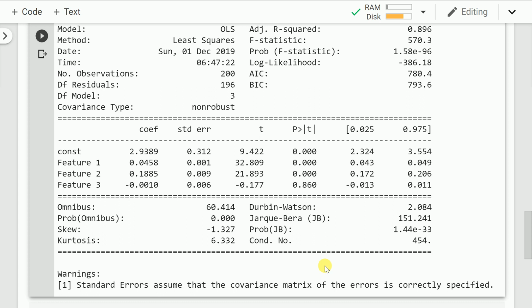So this was my take on how you can interpret the overall stats report that is generated, which gives you a clear picture of how you can interpret your overall linear regression model.